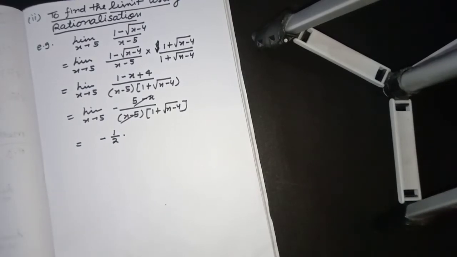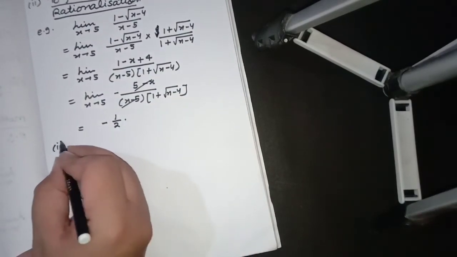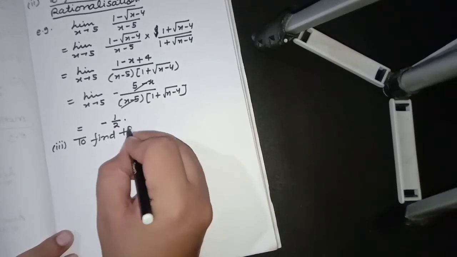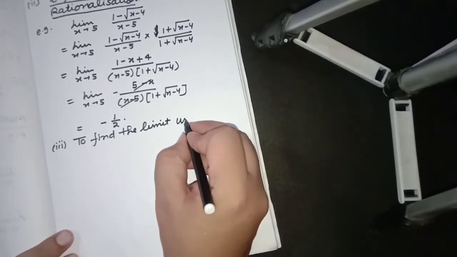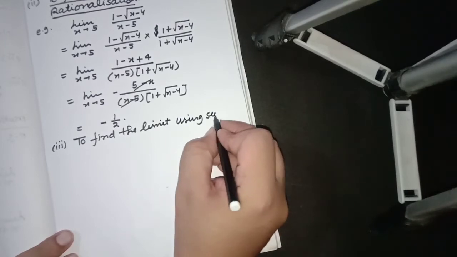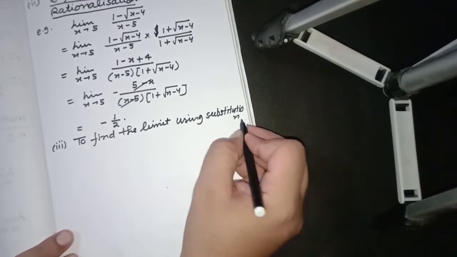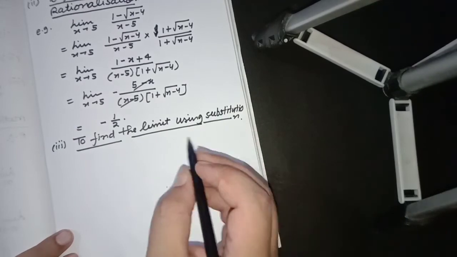Now there is one third method also, for which the formulas we have studied will also be used here. The third one is to find the limit using substitution. Substitution method is also a method by which any problem of limit can be solved. Now